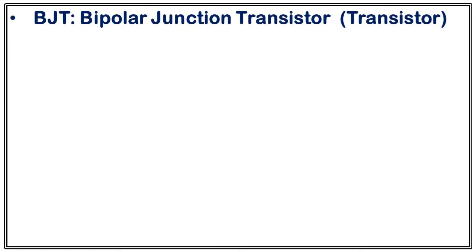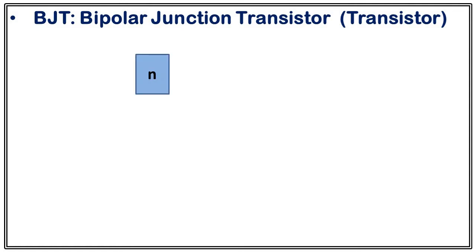Bipolar junction transistor, or simply BJT, or just simply transistor. It was invented around 1947 and 1948, and the invention of BJT was a great achievement in electronics. Nowadays BJT is used everywhere. It's a very versatile electronic device. It is used in digital electronics, it is used in analog electronics. Depending upon biasing, it can act as an insulator or it can act as a conductor. Therefore, it is also used as a switch. So now the very fundamental question is, what is BJT?